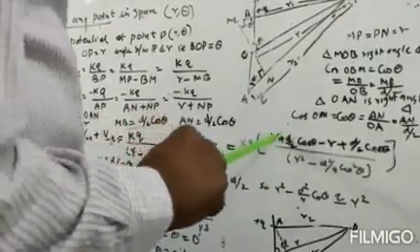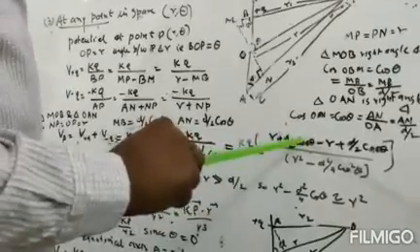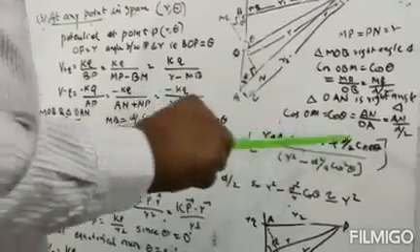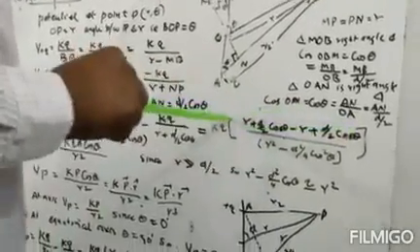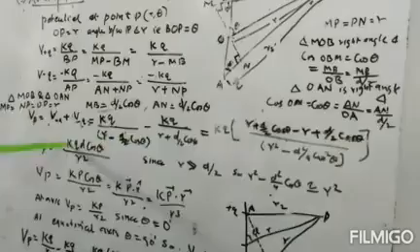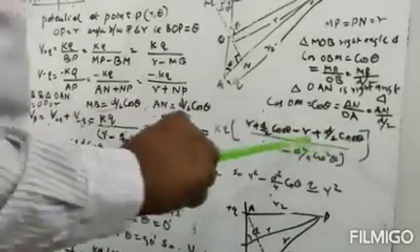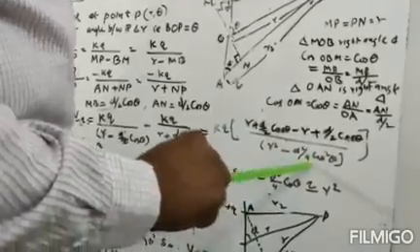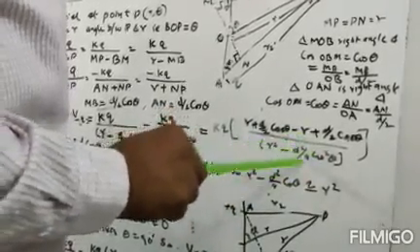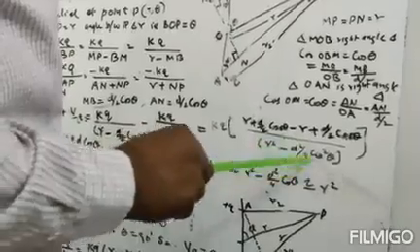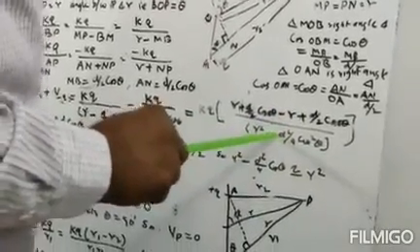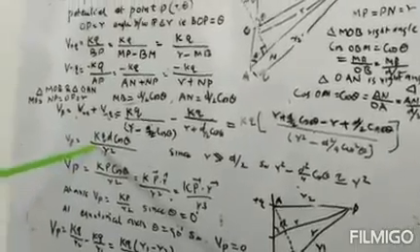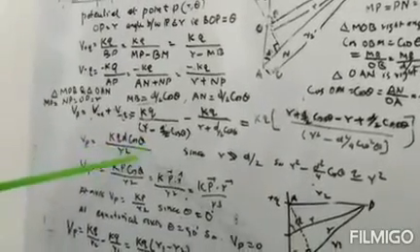This is equal to R plus d by 2 cos theta minus R, minus becomes plus, d by 2 cos theta, R cancels, d by 2 cos theta, d cos theta. So it will be equal to KQ d cos theta. Here the denominator is R square minus d square by 4. Since d is very small compared to R, we can neglect d square by 4. So this will be equal to R square. So VP will be equal to K into Q into d cos theta over R square.